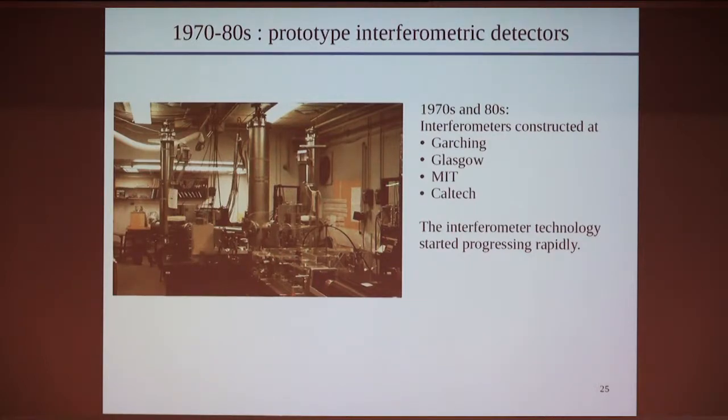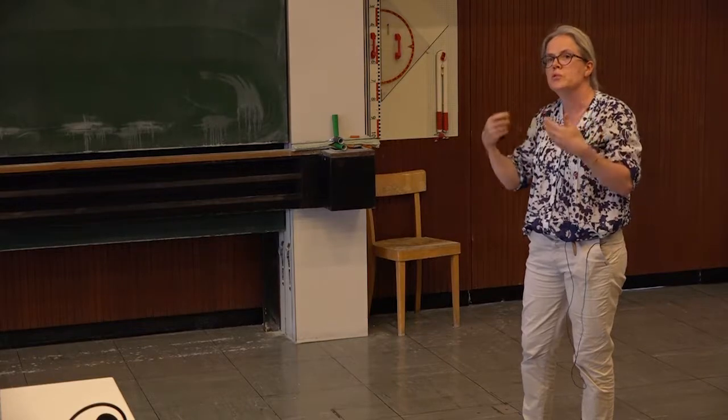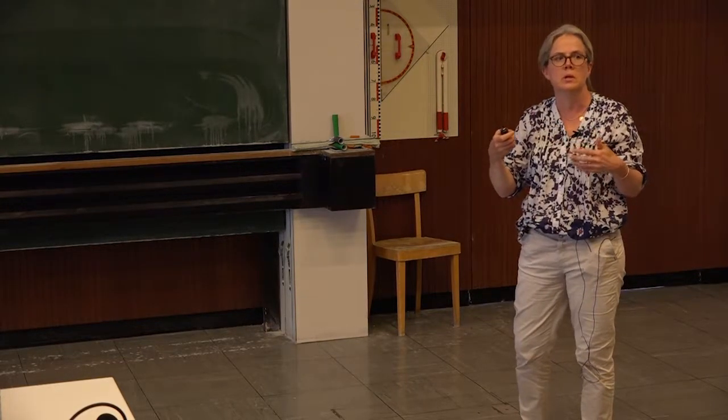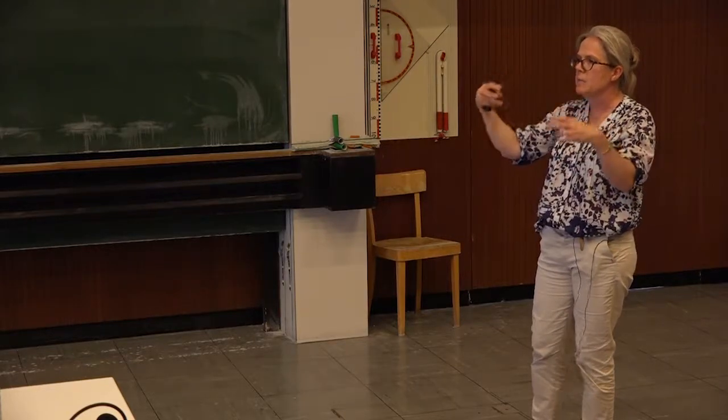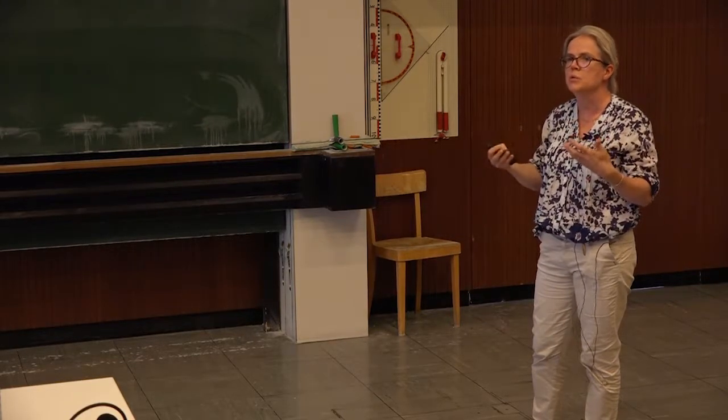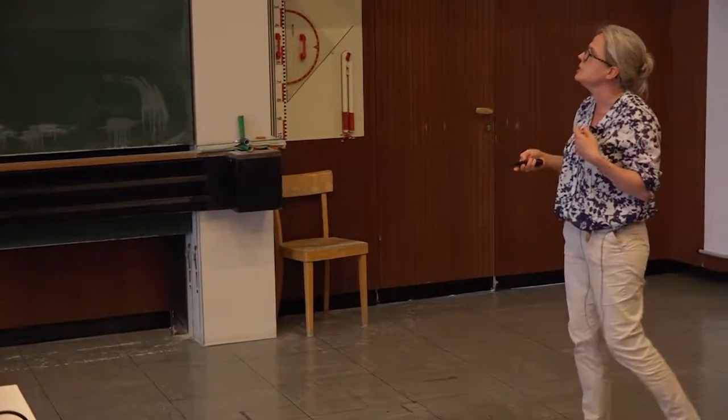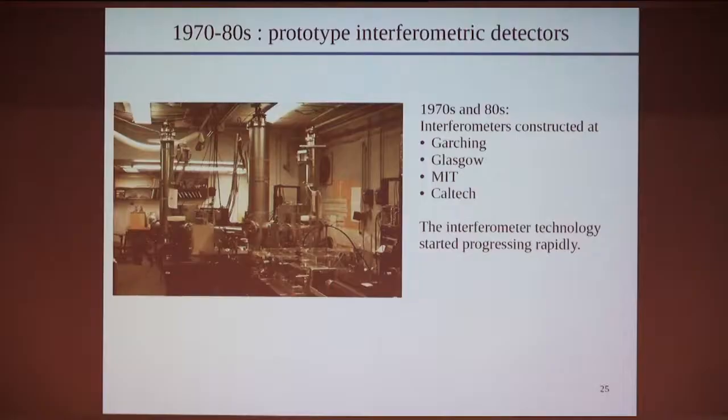in labs. So this is a prototype at MIT. This one is a few meters, so it's a small scale interferometer. In the 70s and 80s, people started to build several prototypes, not only in the US, but also in Europe, especially in Germany, at Garching. The Garching group made lots of very nice experiments where people were improving the device, not only considering a simple Michelson interferometer, but adding more stuff to improve the sensitivity of the detectors to be able to detect gravitational waves.